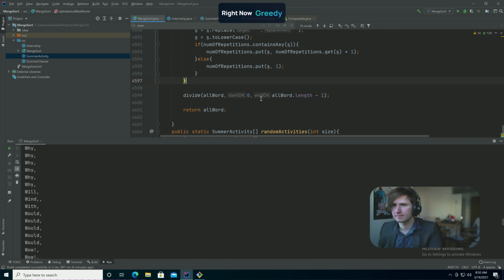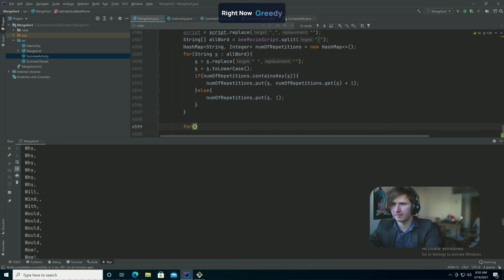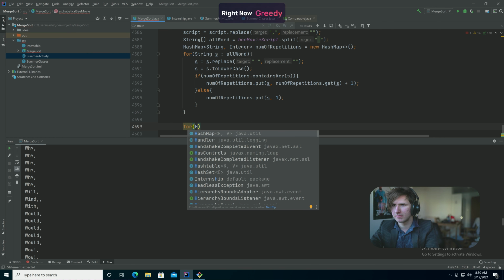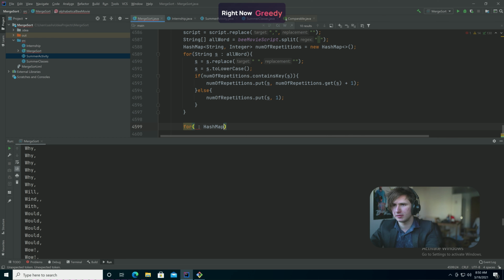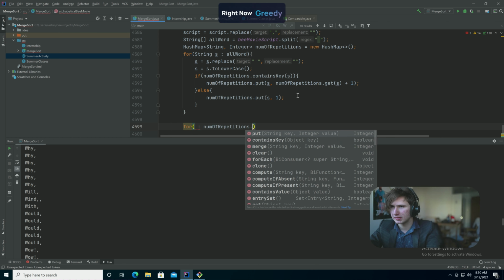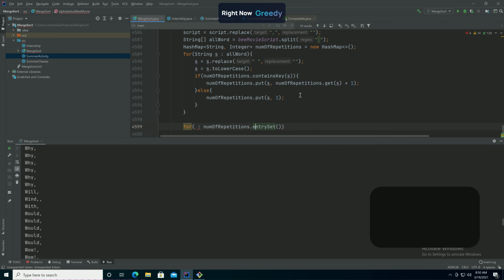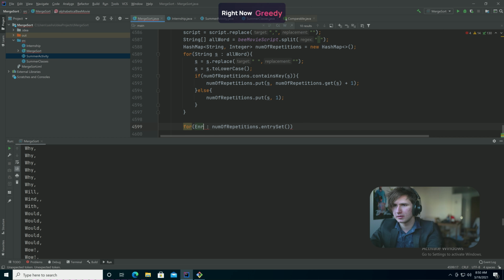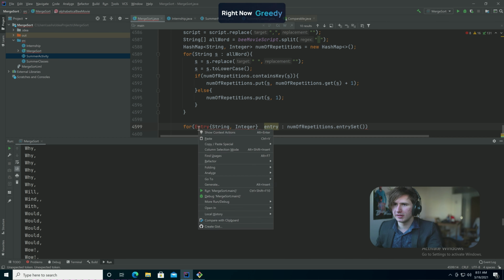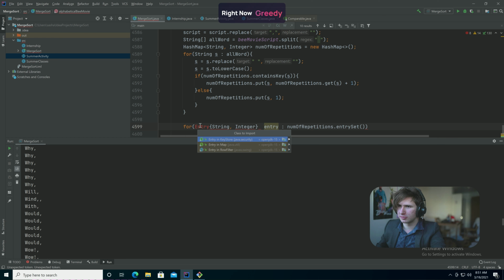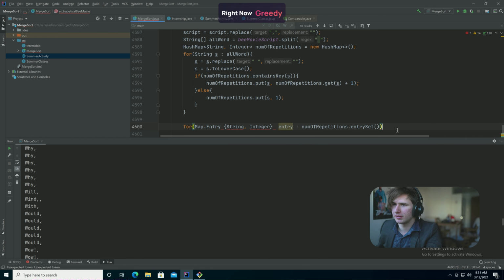Now we can say for hash map or number of repetitions dot entry set. So for entry string comma integer entry. This is just map syntax, so we don't need to actually learn this for COMP250. I'm just showing it as an example of the fact that we're sorting by the number of repetitions in the word. So map.entry of string of integer